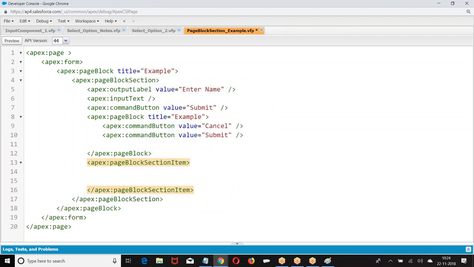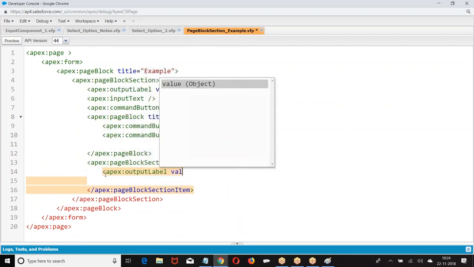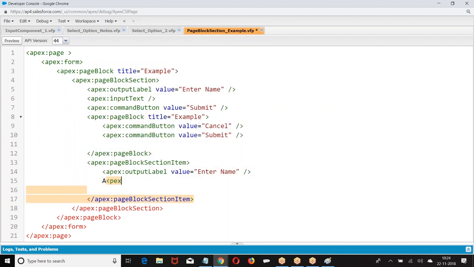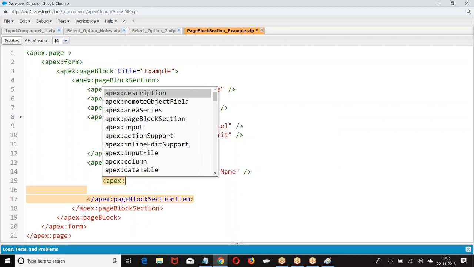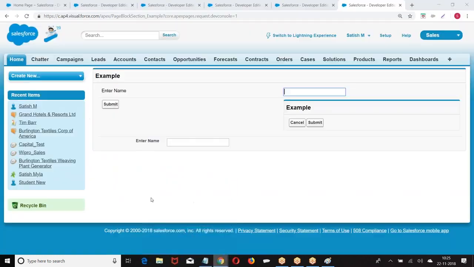Similarly, it is one element. I opened, I closed. Within this, I can write two elements. Yeah, I got it now. It's one element.